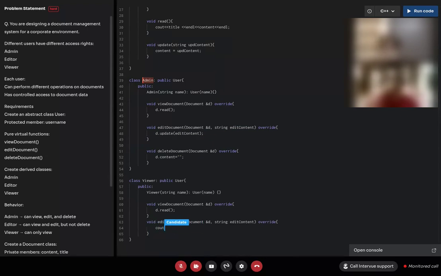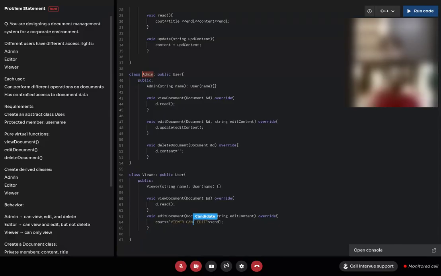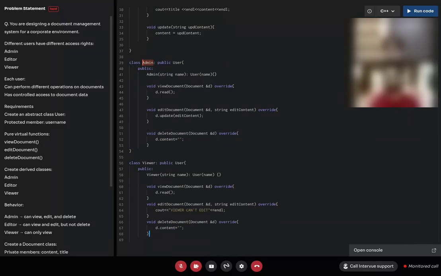So I'll just cout that the viewer can't edit. We can do this instead of accessing the class, we can give an alert to the users. Perfect. So now let's discuss the operating system part a little bit more.